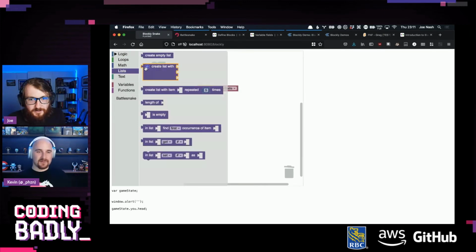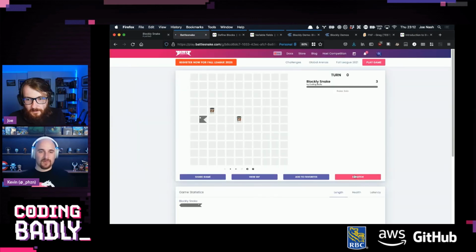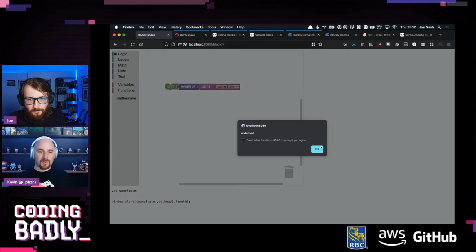So now we can start to... Now we could do length and we could print that instead. Or not. No, because it's an object. Still. Oh, right. Oh, yes. No, because head. No, yeah, it is a head. Yeah, it's an X and a Y.